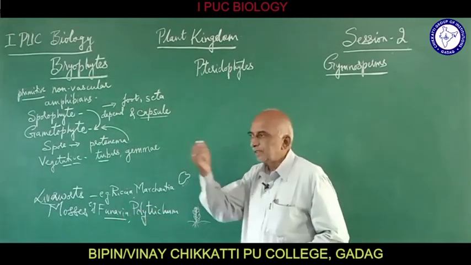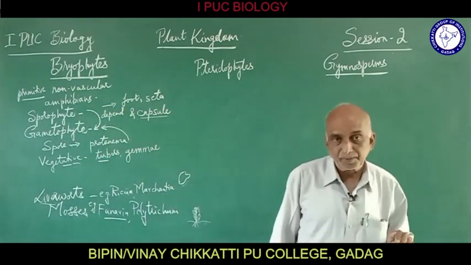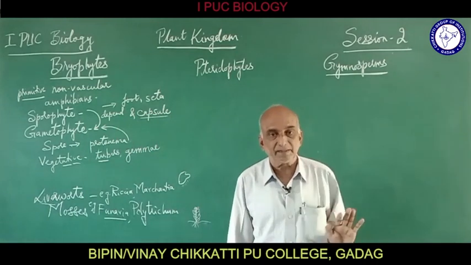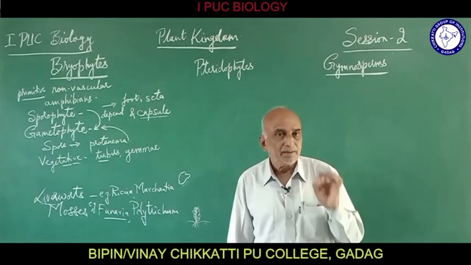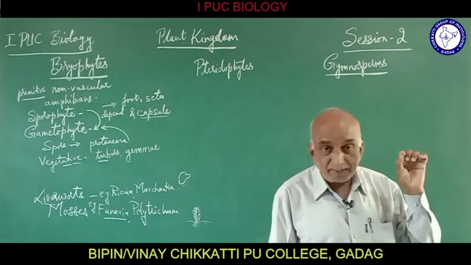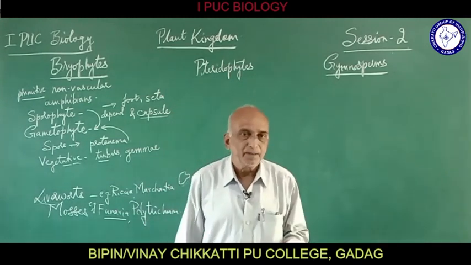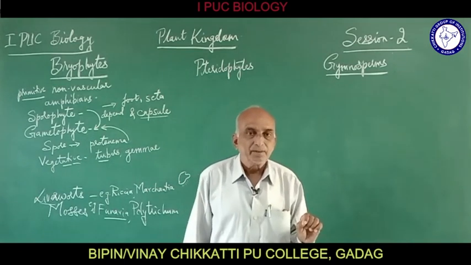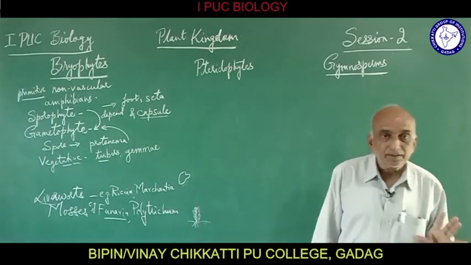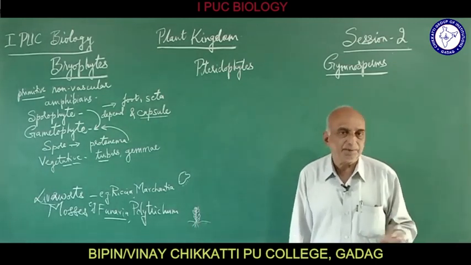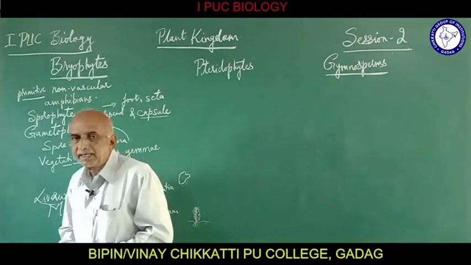Now Funaria can be seen growing on old walls. Whenever we see an old wall, we can see some green carpet-like structure. When we closely observe that green carpet on the wall, you can see small grass-like plants growing on it. So it appears like grass. But when we closely observe, it is not actually grass, it is moss like Funaria, or even Polytrichum. That is where these liverworts and mosses grow.